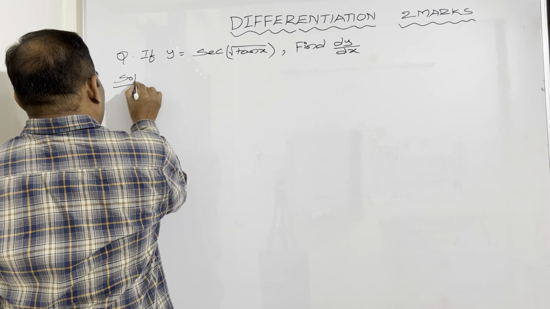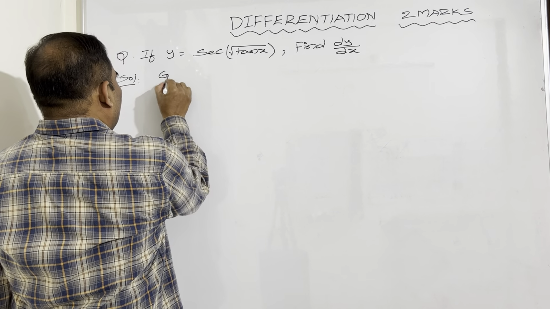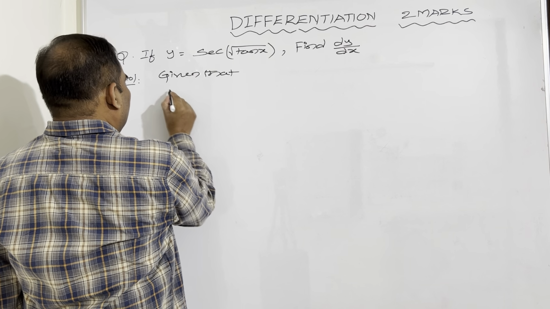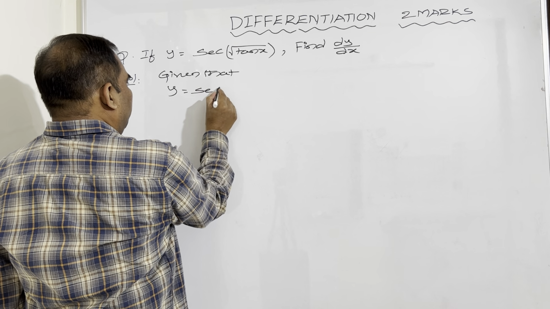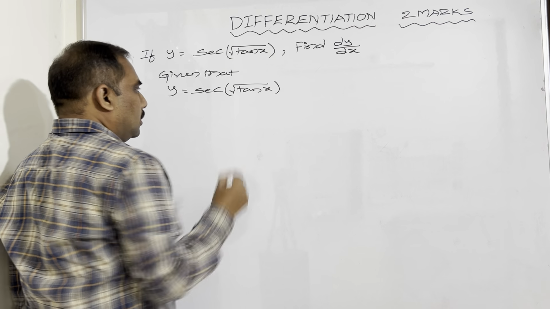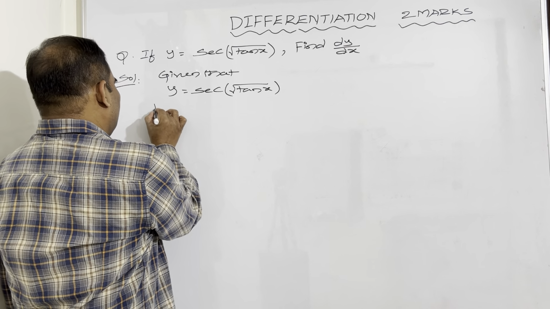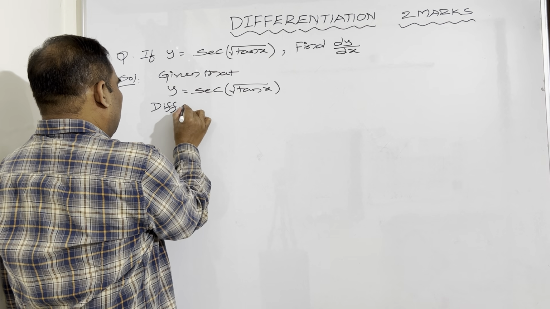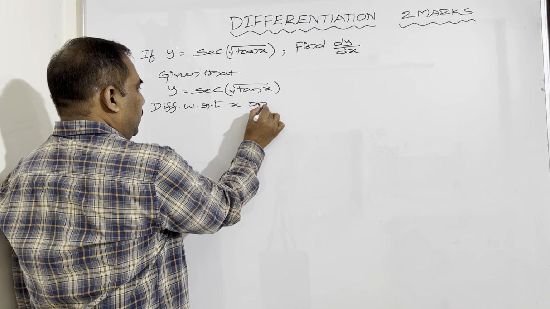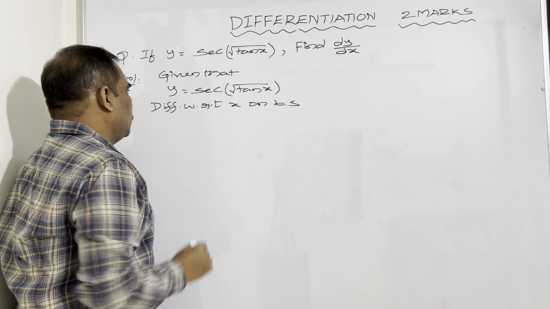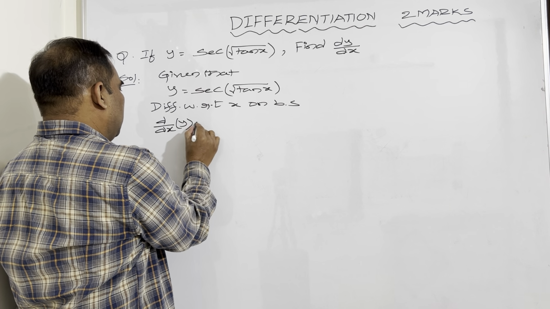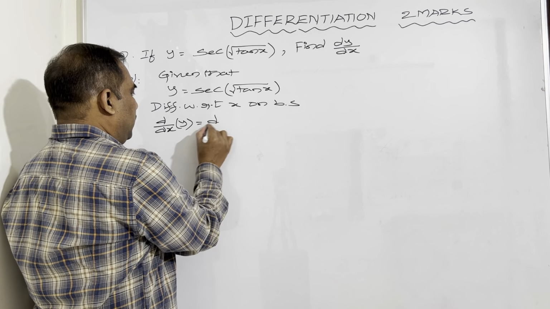The solution: given that y is equal to secant of root tan x. Differentiating with respect to x on both sides. So this is d by dx of y is equal to d by dx of